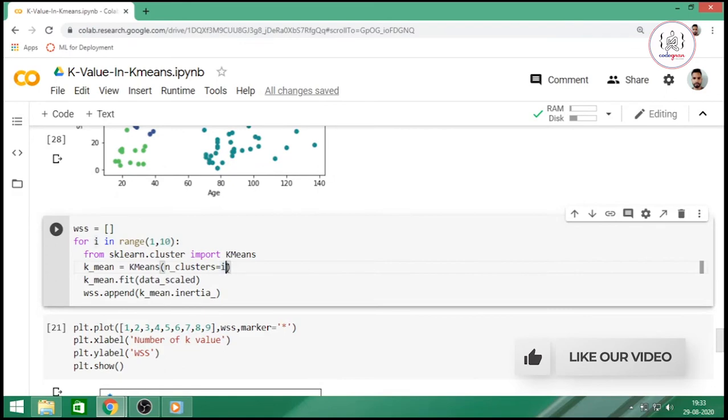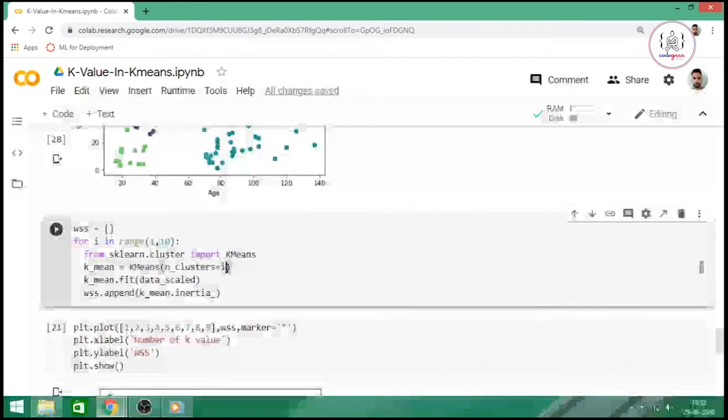What is i? i is going to be 1, 2, 3, 4 until 9. So here we are trying out different k values between 1 and 9. We have fitted this data, and whatever our inertia is, it is going to be appended in this WSS. So let's plot this.